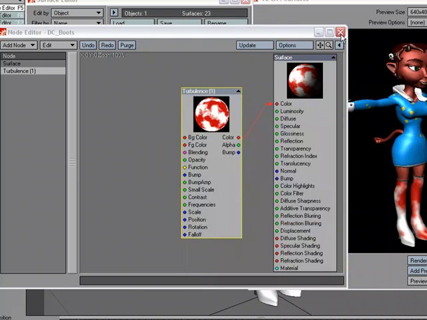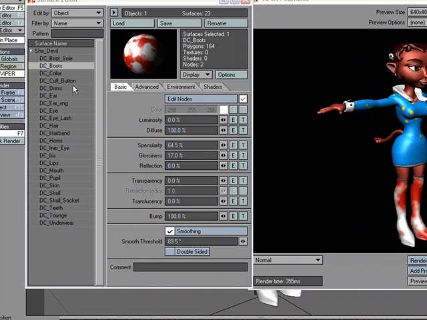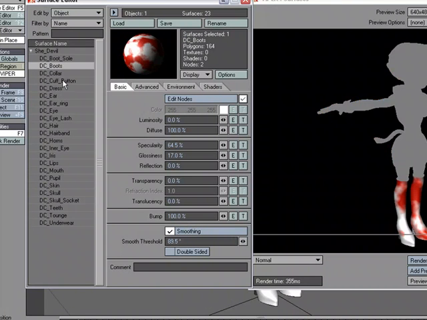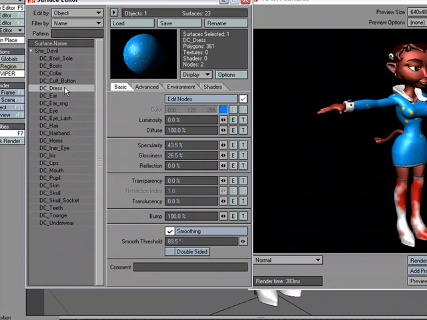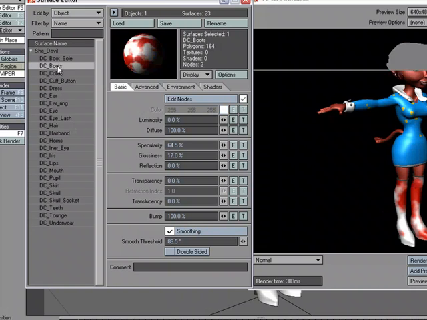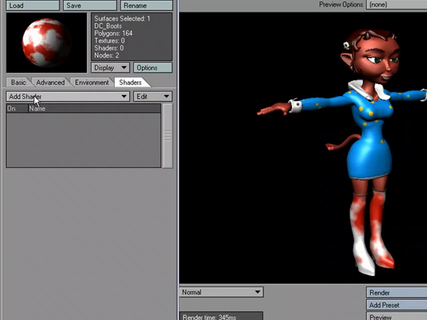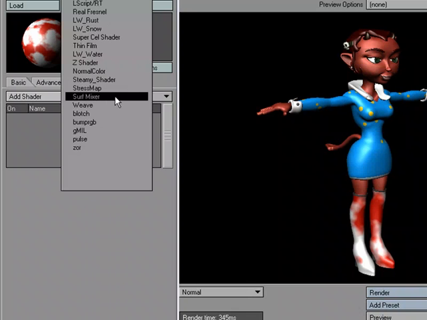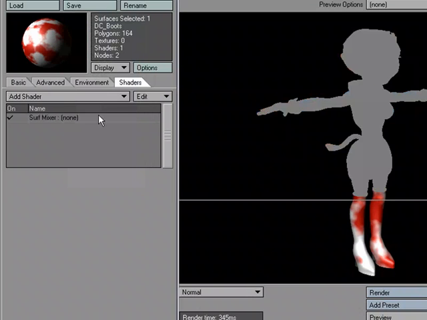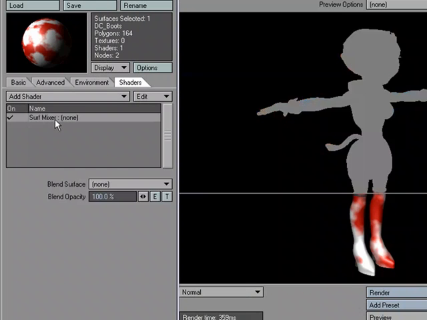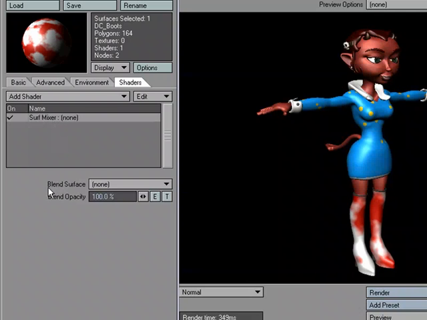Okay, so we got two textures, and what I want to do is blend the boots texture and the dress texture. I think we should have a little bit of the dress texture in with the boots. So I'm going to go over to the boots and go over to shaders, and under add shader I'm going to choose surface mixer, which is surf mixer. With surface mixer I'm going to double click, and I'm going to blend the boot surface with,